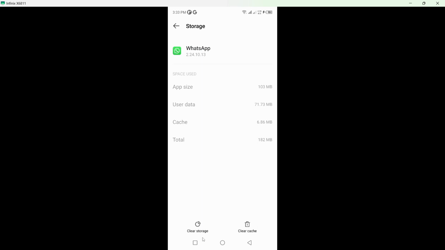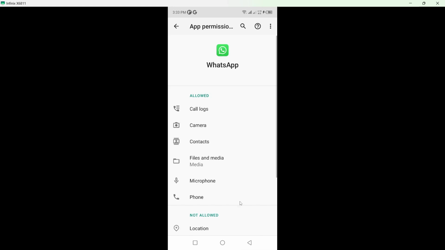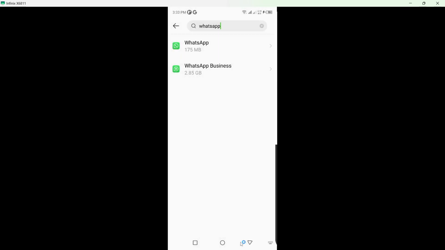The first step you need to clear cache and after that you need to clear storage. And then you need to allow all permissions from here. Once you're done that, you simply need to go back